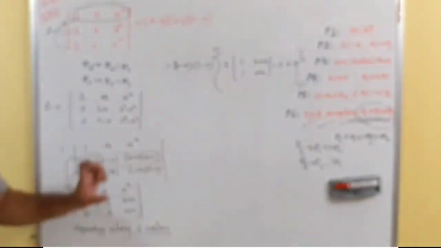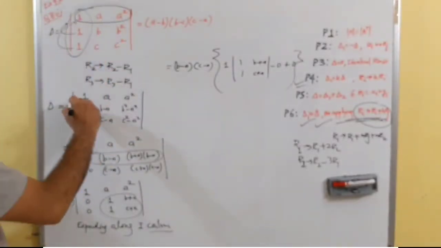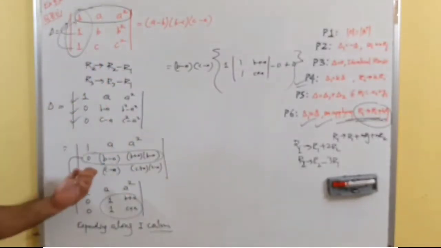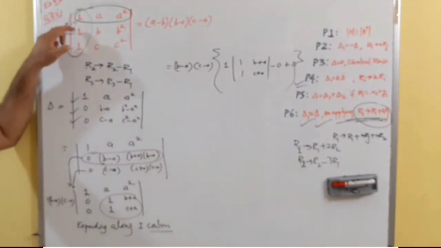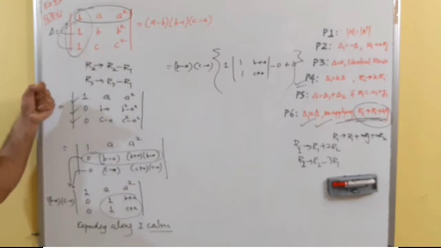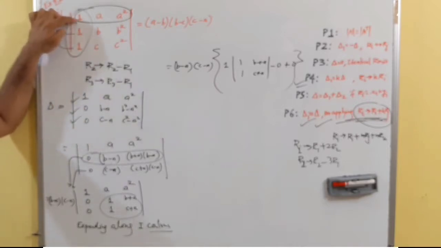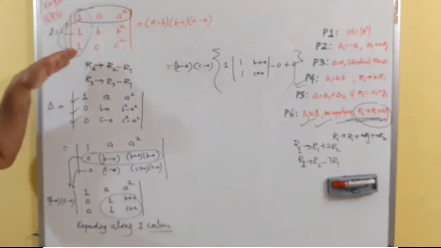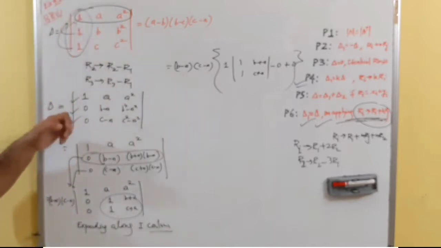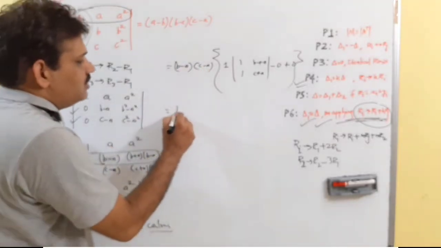That is the beauty of the question. What we do is, if we have triple 1, we make 1 0 0. We get all identical elements in a particular row or a particular column. We take something common so that all the elements are same. Now with the help of one particular row or one particular column, we make two zeros and then we expand. Now, what is the result?